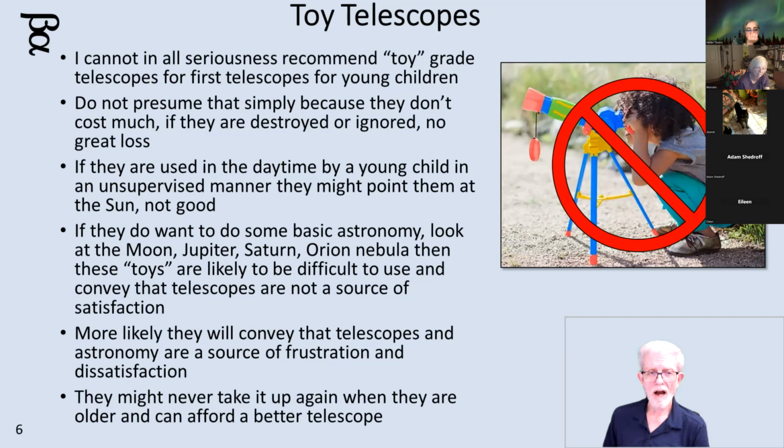they could go, I wonder what the sun looks like. Not good. So I would just steer clear of any telescope that looks very colorful and is intended specifically for children and has a price tag under $50. I'd say. And the other problem, Monroe, is that even with supervision, you have a wobbly telescope